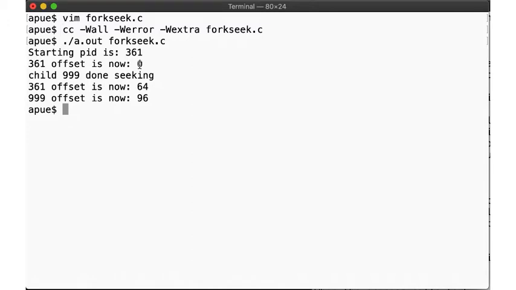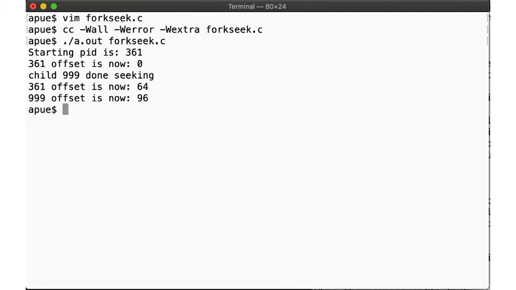This function then reads 32 bytes, so at the end of the function call and before we fork, our current offset is thus 32. After we fork, the child process with PID 999 then seeks forward 32 bytes, leaving the offset at 64. The child then goes to sleep, and the parent calls read data again, where it reports a current offset of 64,